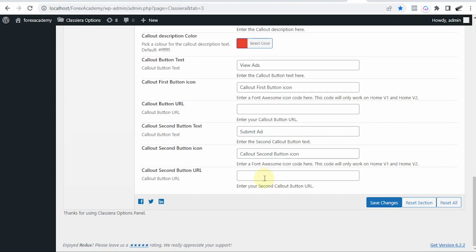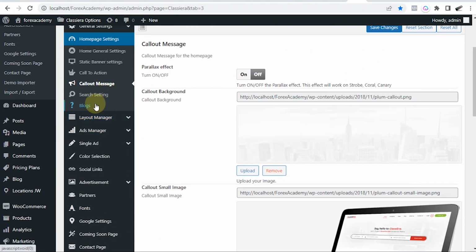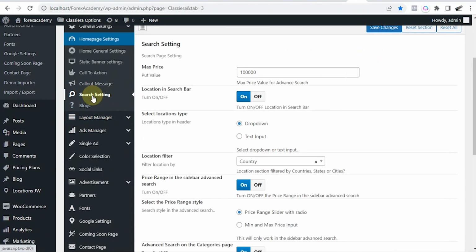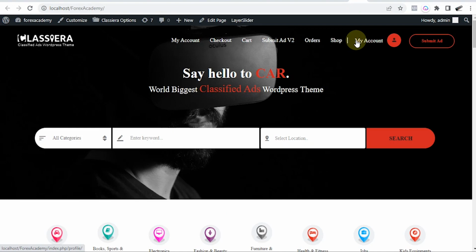So from here, we move ahead to the next one. That is search settings. Before we can do anything on this, we have to go and show you where the search settings is. So that is the first thing. So what I do is I go to my home page